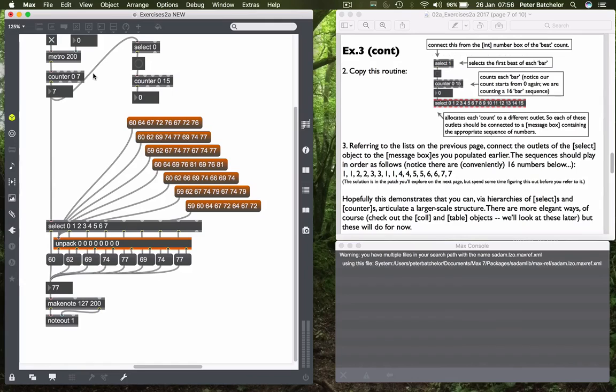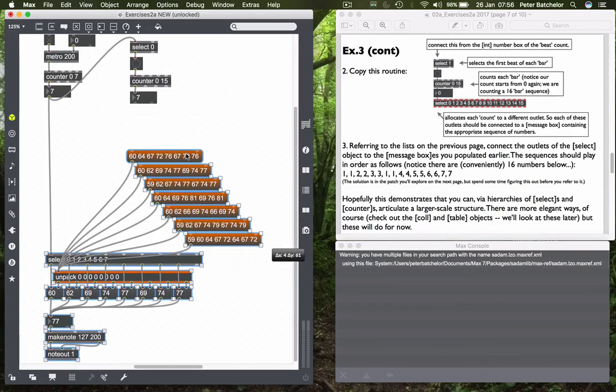Unlock the patch. So now it's counting bars, or at least at the moment it's counting groups of 8. So it's doing what we want it to do. And then, like I say, we want to tell Max that at particular bars we want something specific to happen. Well, down here we're using the select object to say when we reach particular beats we want something to happen. So we can use the same mechanism up here to specify that we want something to happen when we get to a particular bar. So we unlock that, drag this down,